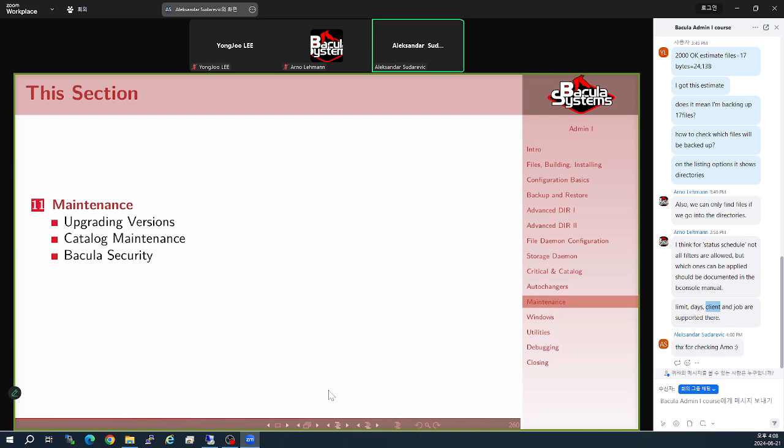From that, you got a pretty good feeling for what Bacula can do. We also had a bit of detours discussing things like restores, bootstrap files, spooling, so all the important aspects of Bacula functionality. And yesterday we managed to wrap everything up